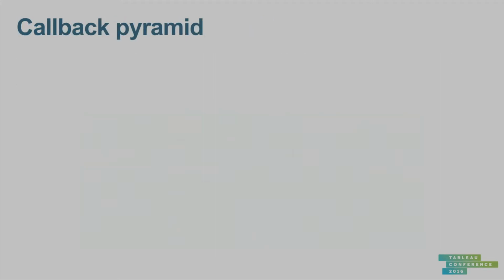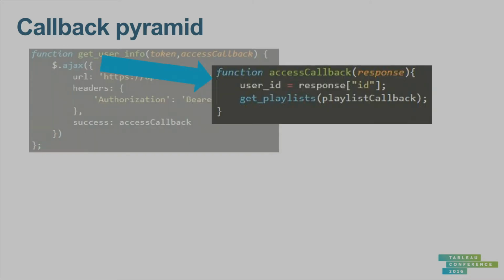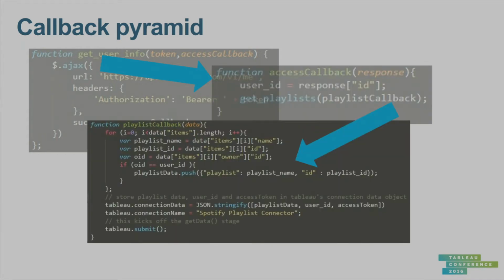Now, writing all of these got me into something that I later discovered was called a callback pyramid. Essentially, I had my first function here, which went in and got my user information, my user ID. I then made a successful callback function from that. I had another call that went in and got all of my playlists. I then had to have another call inside of that one to get all of the songs off of all of the playlists. This all came to a breaking point when I had to write the final calls to retrieve all of the information about the songs on every single one of my playlists.